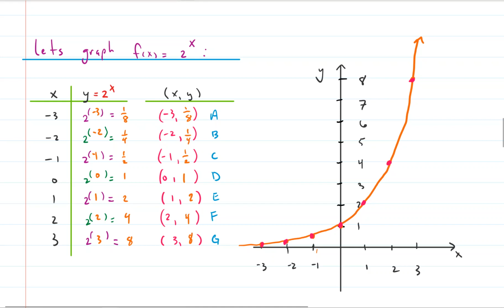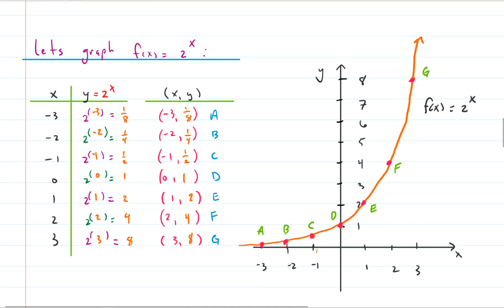All right, now we just need to label them, right? Let's put our labels up. So this one was A, this is B, this is C. We have D here as well. E, that's not a very good E. We have F, and then finally we have G. And this is our function